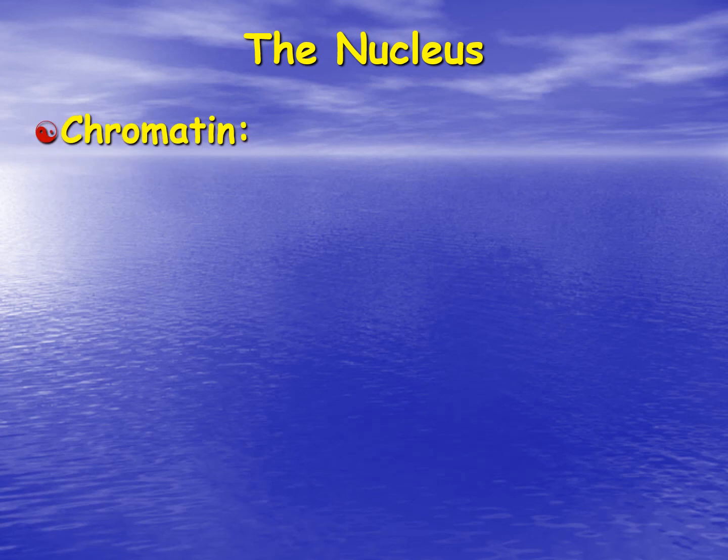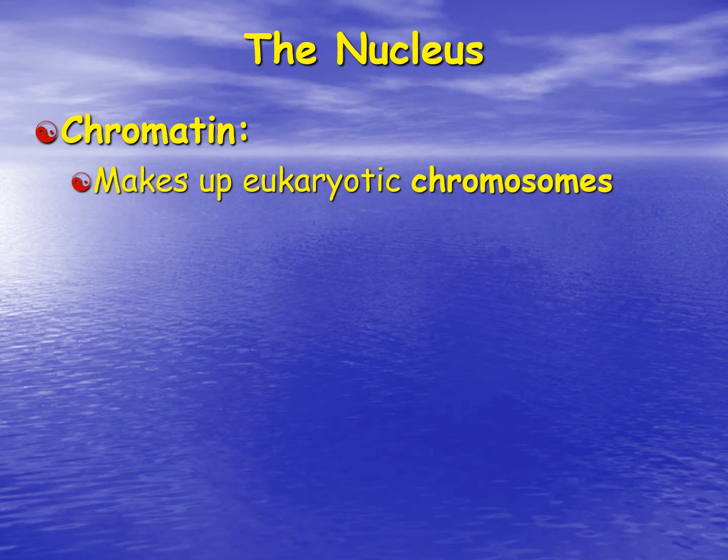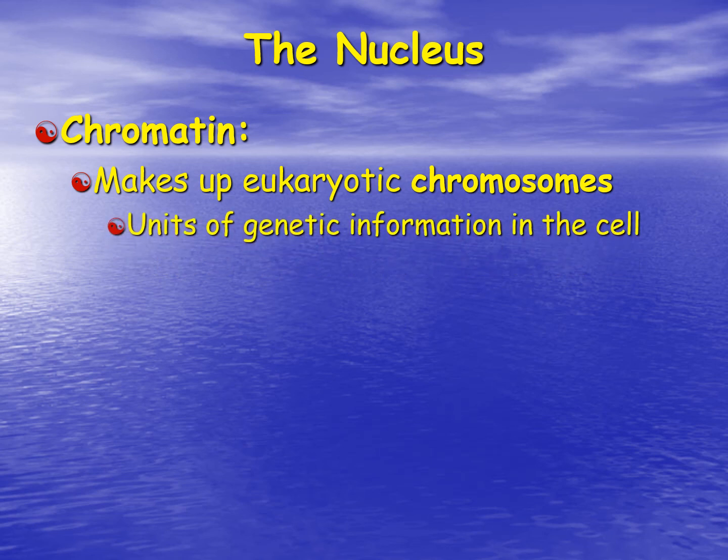The other part contained within the nucleus is the chromatin. Now, the chromatin is DNA. Chromosomes are DNA. It's simply how tightly they are packaged. Chromatin is the loose arrangement of the DNA within the eukaryotic cell, while chromosomes are tightly packed around a group of proteins that will compact them for cellular division. And so chromatin contains the unit of genetic information, or the genes, within the cell.